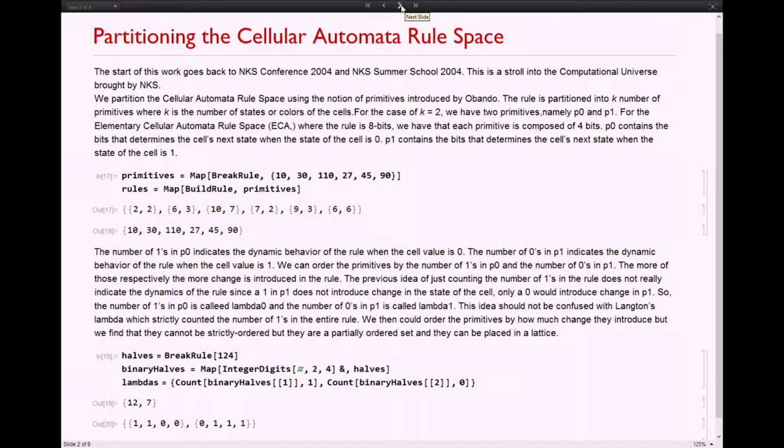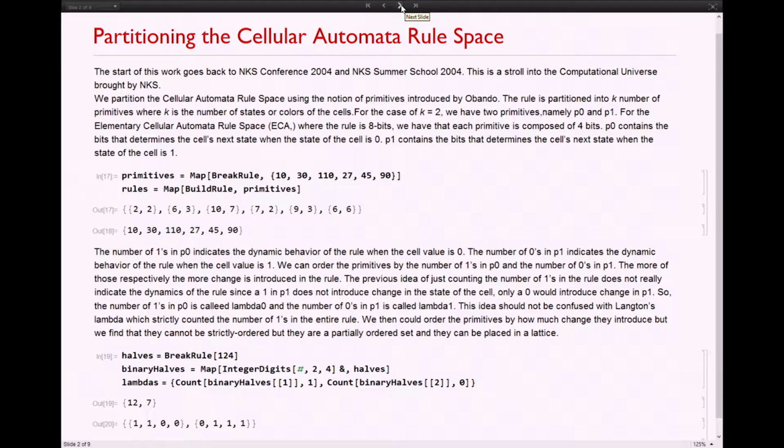And without going too much into the details, if you're really interested in this, there's a 22-page paper that I published in Complex Systems last year that explains it all. So what I did at that time, I was looking to see if there was a way that I could organize the rules. And other people have done that, and they have not been able to do something like that. But it occurred to me that there was a way that I could partition and break the rules into two different pieces. So in this case, I'm talking about two states, and radius 1, radius 2, radius 3, et cetera. So I partitioned every single rule into two pieces.